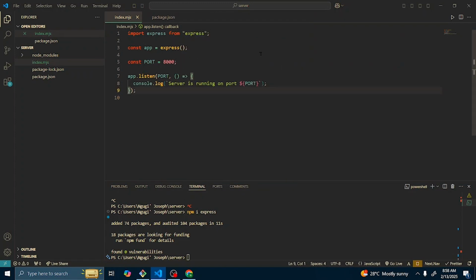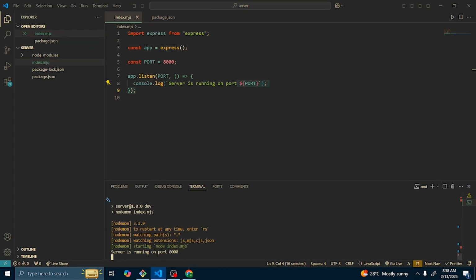Server is running on port. Okay, so now when we do npm run dev, it will do nodemon index.mjs. So now we have a server that is running on port 8000. So this is how you can create your server with